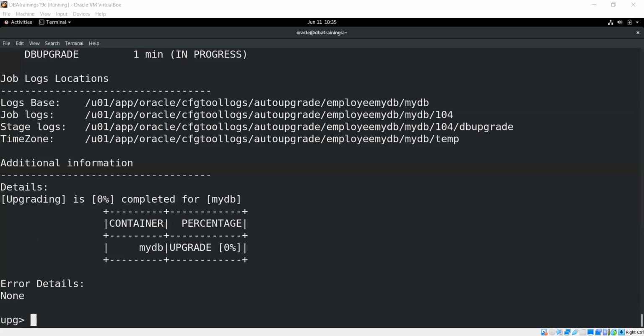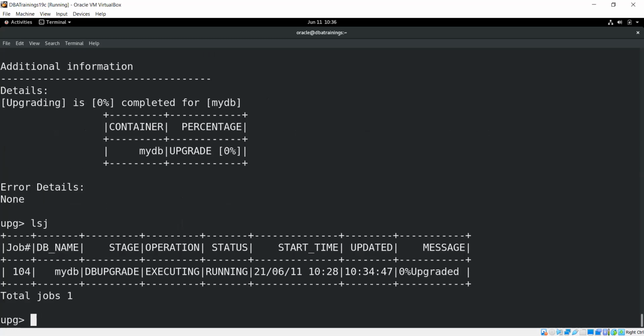Are you able to see? Because which we are running, that time they will read from your process, the crontab, the ORATAB, all those things. So that's why now you can see the upgrade is at 0% as of now. Of course, it will take time, as I told. So wait accordingly, and then we can see it go and update a little bit.